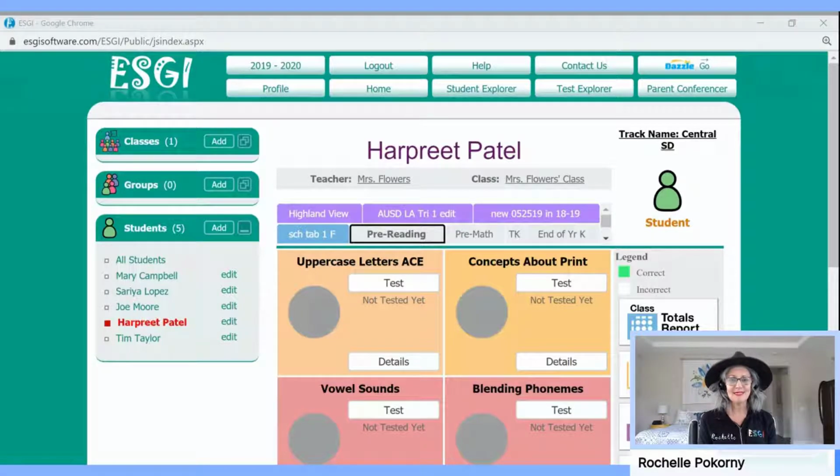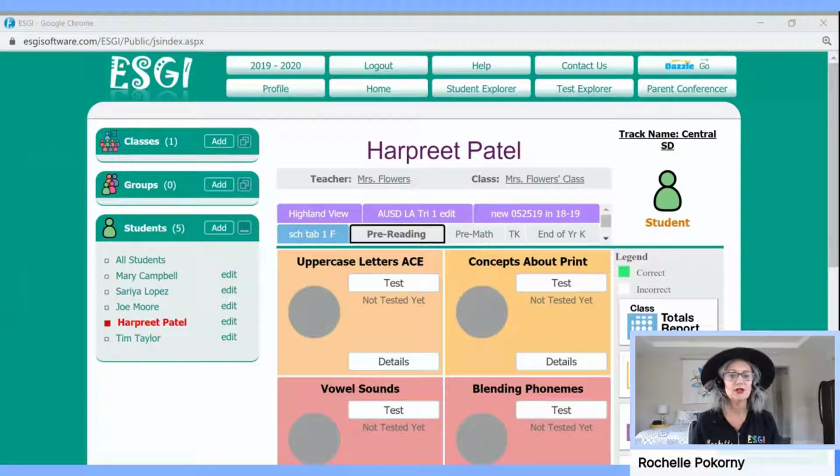So these topics today are how to use the parent conferencer to schedule your remote assessments, how to batch process your parent letters, and how to modify your assessments to meet the needs of your students. So let's get started. The first one came to us from a webinar viewer last night, and they said, you